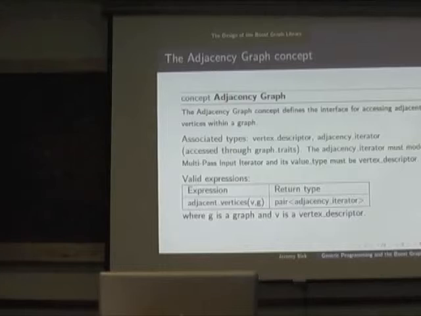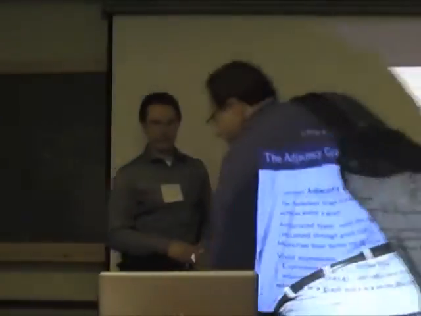The other side of that is that there are some graph data structures where you can't give back an L value. For example, a little bit later on, I'll talk about a Knight's Tour graph where the graph doesn't really exist. If it doesn't exist, you can't give an L value to it. So there are specific examples that say why we need this in between, and this is part of the motivation for why we came up with a new iterator concept hierarchy.